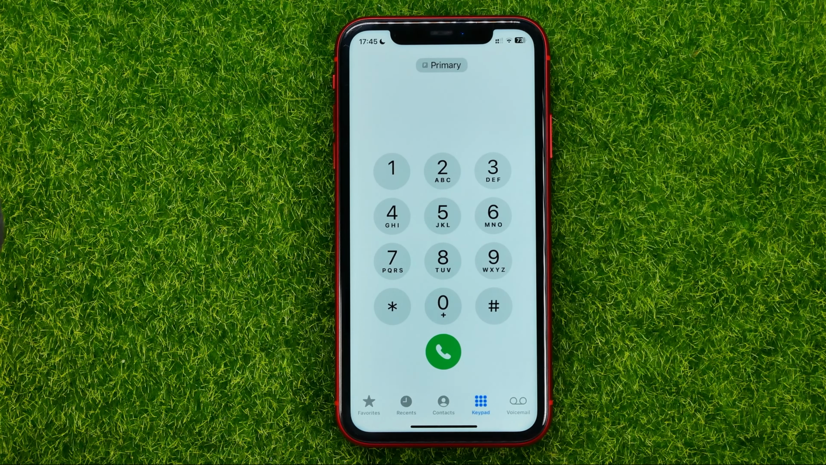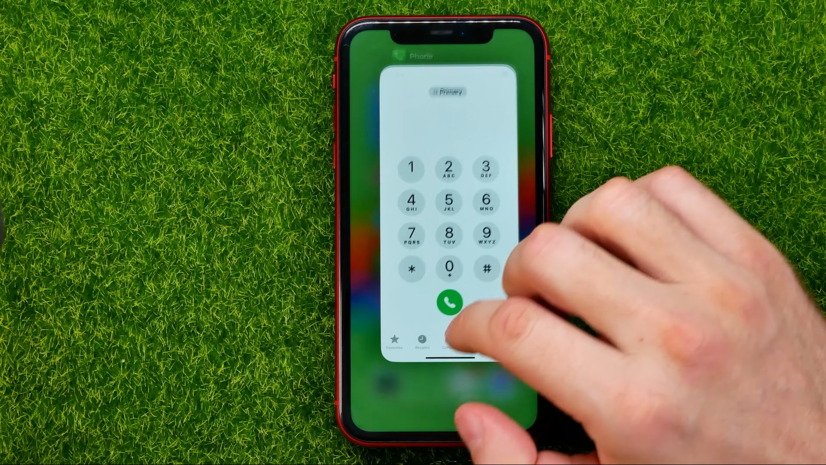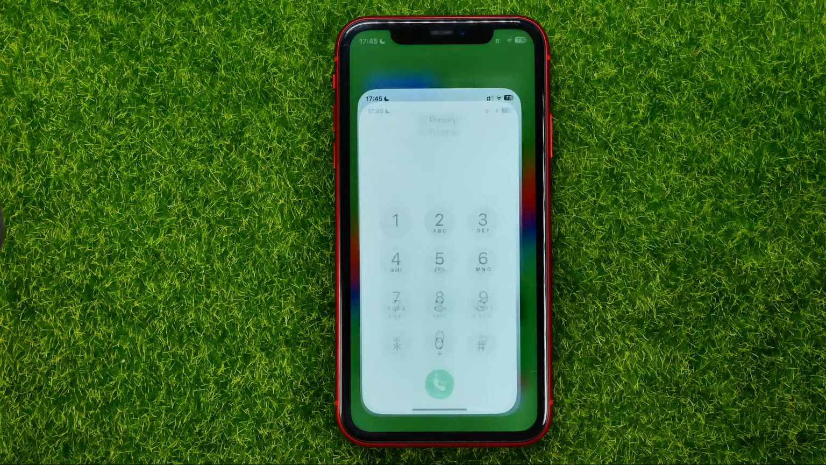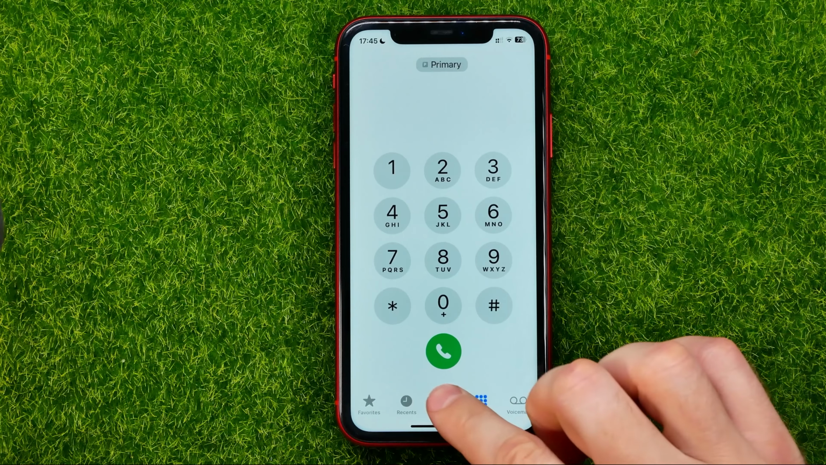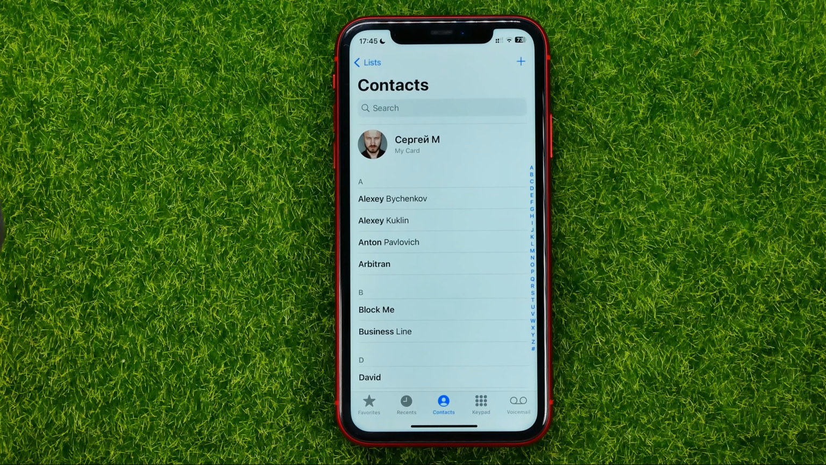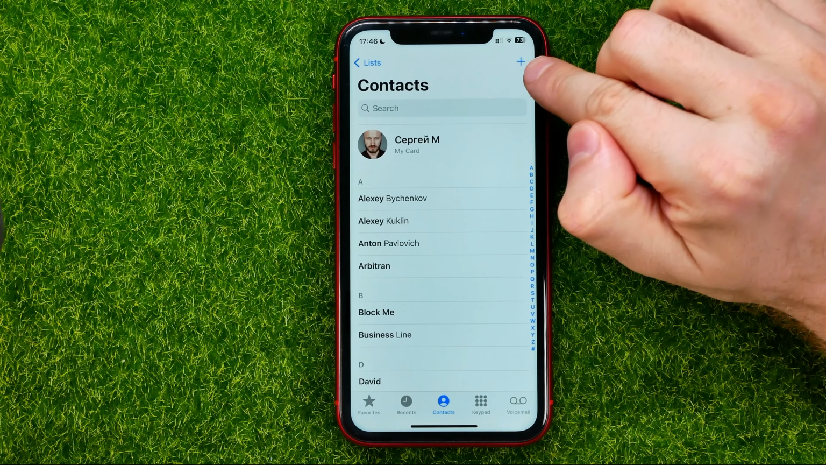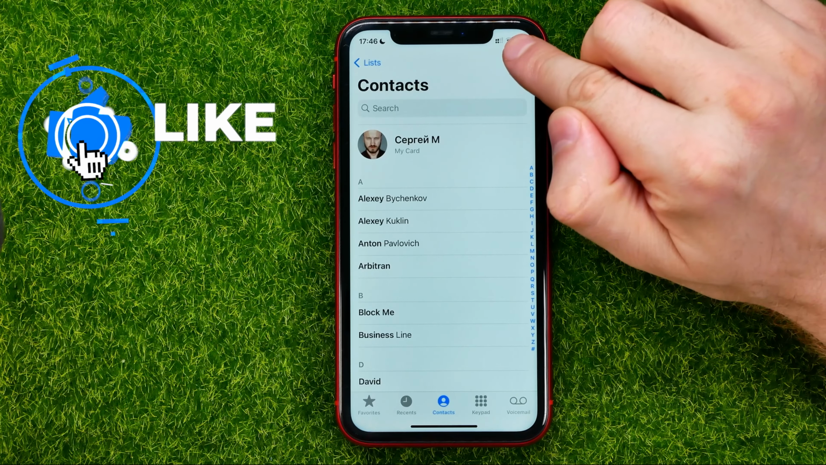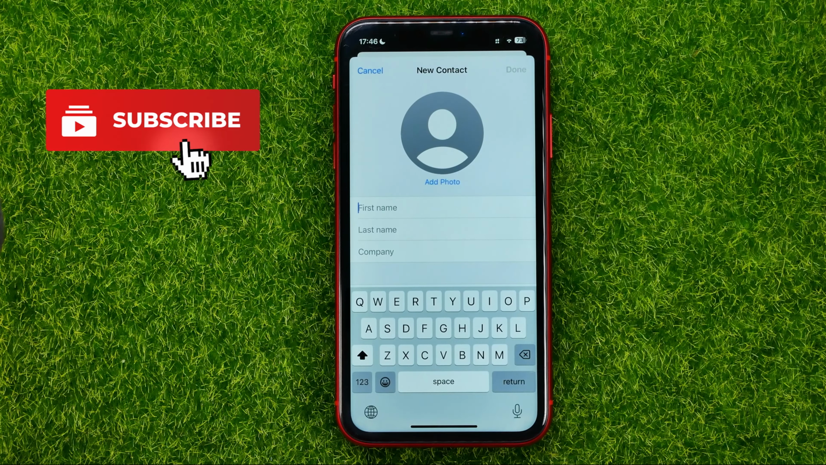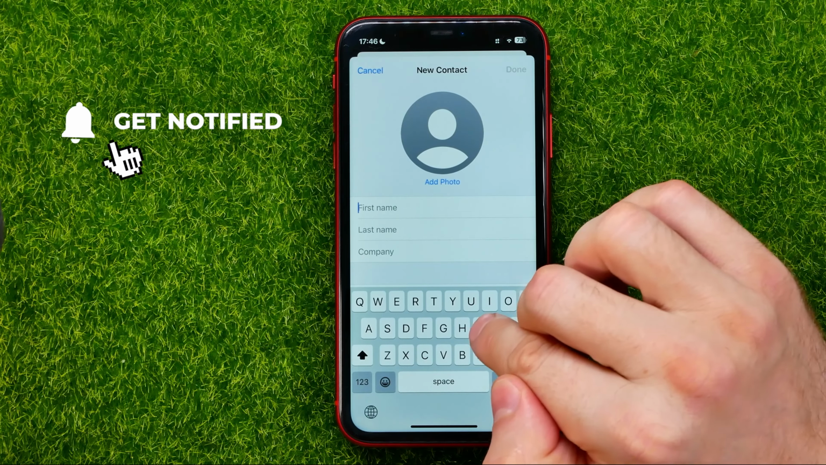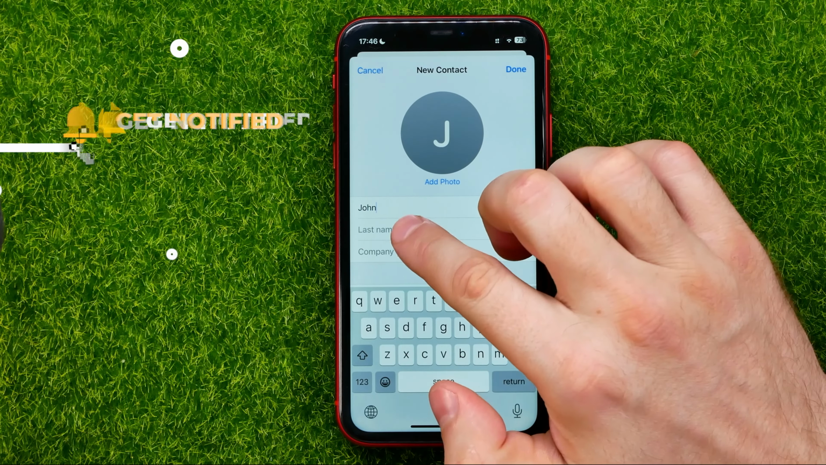So let's get started. First off, go to the Phone app, then tap Add Contacts, and then in order to create a new contact, tap that plus sign. There, first off, we can name our contact,